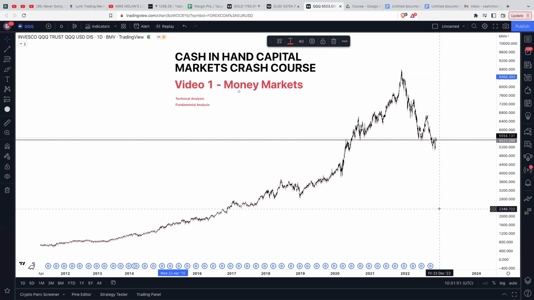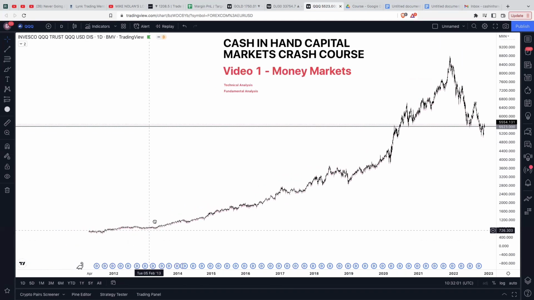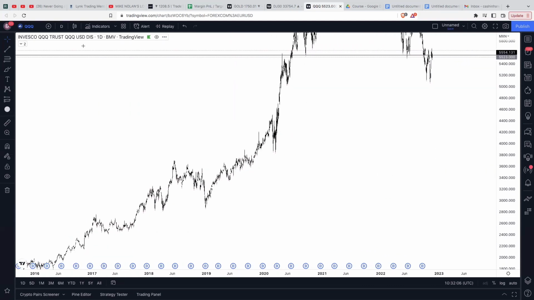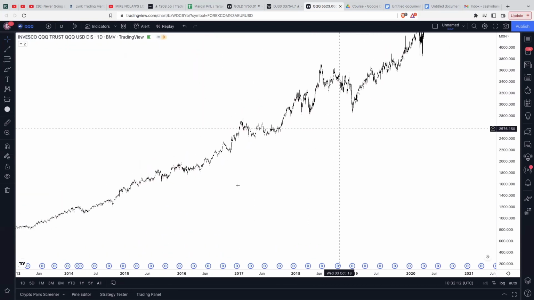You can buy the actual stocks, you can buy contracts for difference. There's a number of ways you can invest in stocks or trade stocks, okay? But this is just an example of a stock market over time. So this is the price action of the NASDAQ, which the ticker is QQQ, over time. So if you put some money in back here when the NASDAQ was worth, just for easy numbers, let's say 1,000,